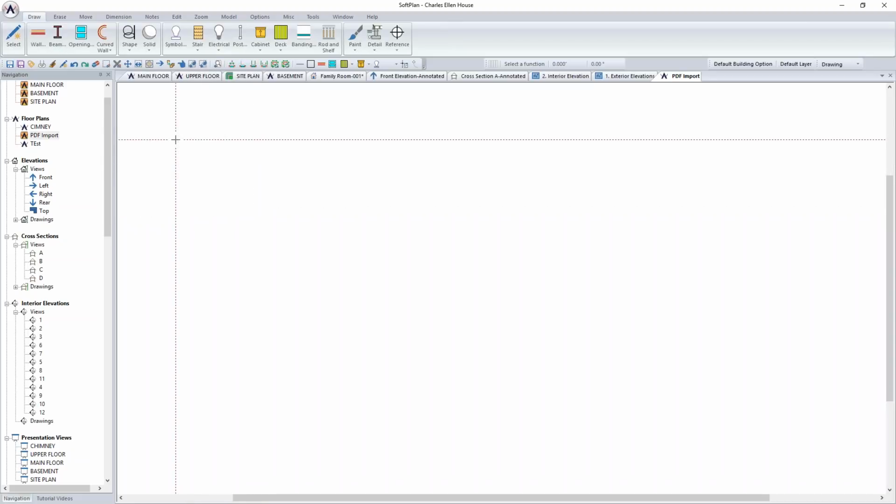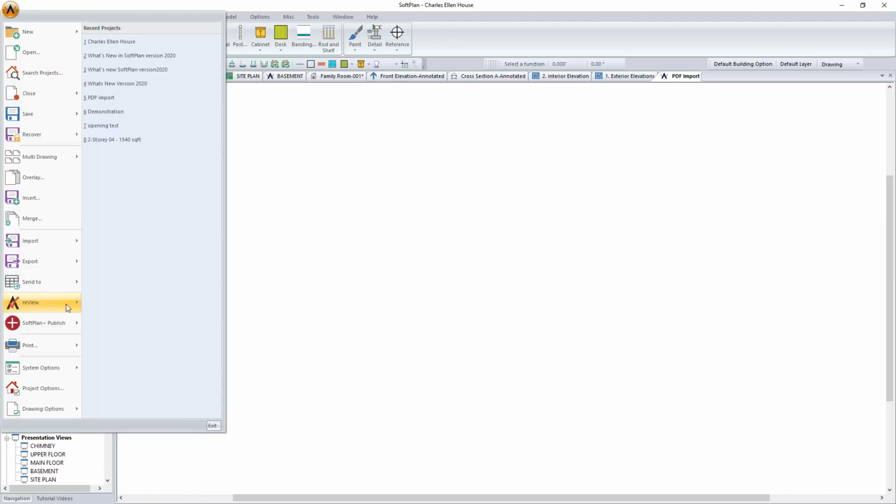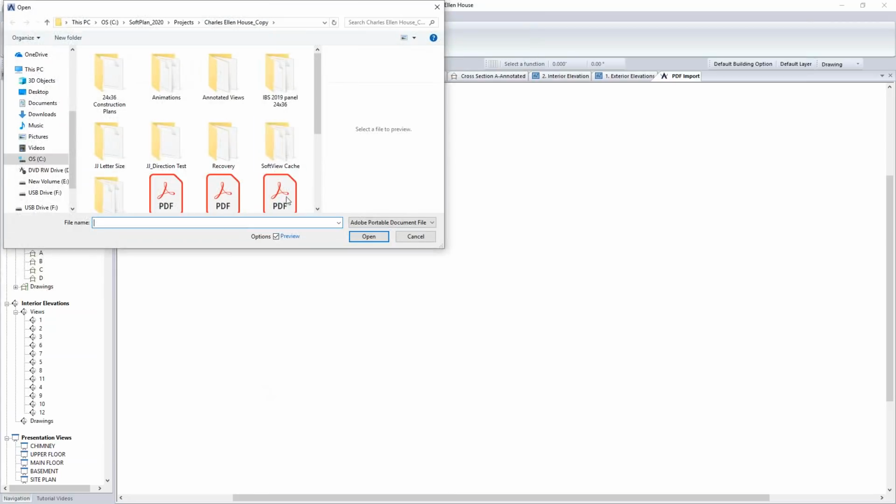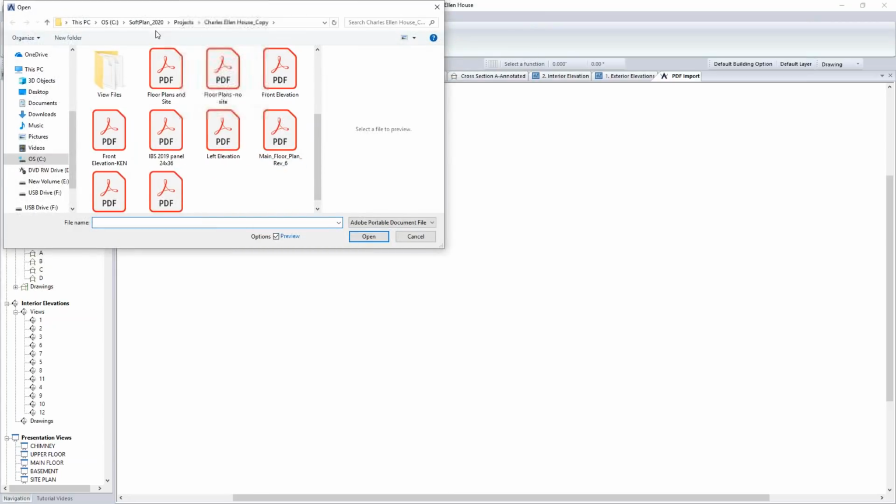Now, what we will do is SoftPlan version 2020 allows you to import the PDF drawings, and beyond what 2018 did, it allows you to import them as shapes within the plan. And so as I come in through the file, I'm going to go to Simple Review, and where it says the PDF format here, you'll see I can import PDFs as shapes. And so as I do that and click on it, it's going to allow me to now go to the,